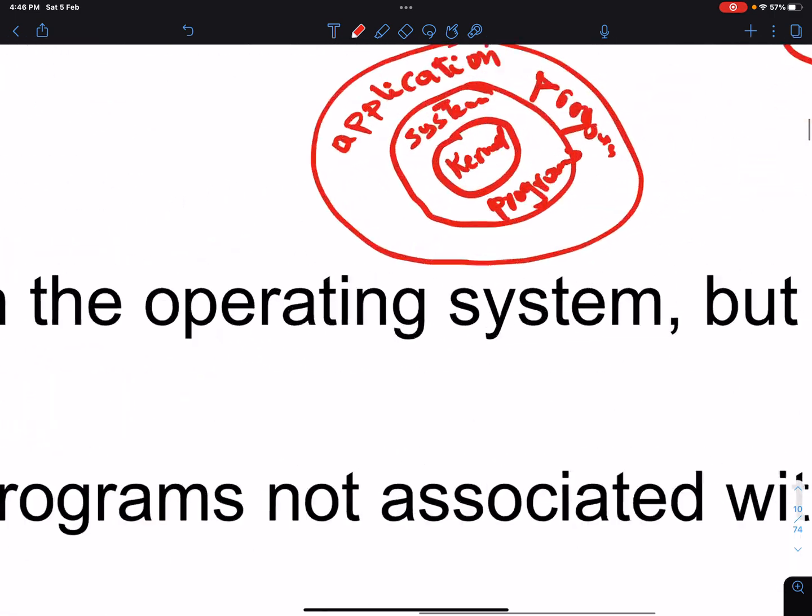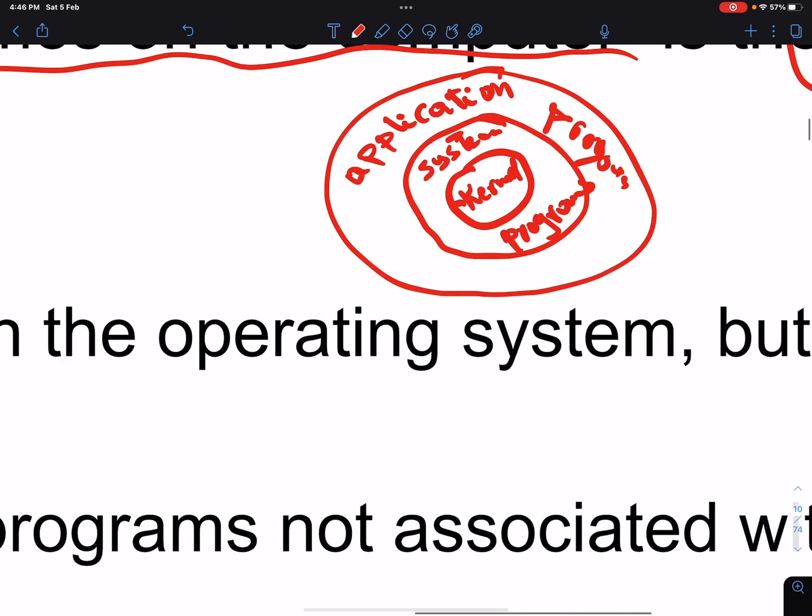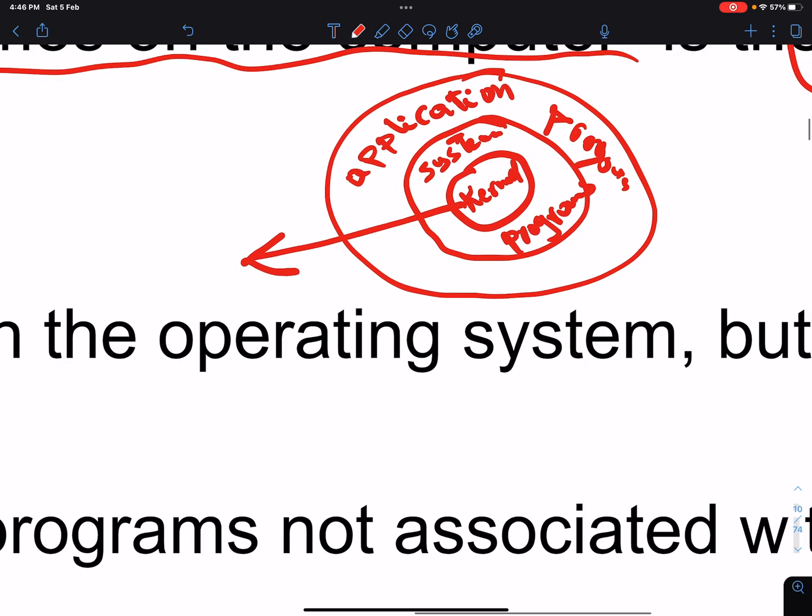So the kernel of an operating system is the set of software that has to be working all the time. It cannot stop working. If it does, the system freezes. How about the system programs around it? It's the set of programs provided by the operating system.